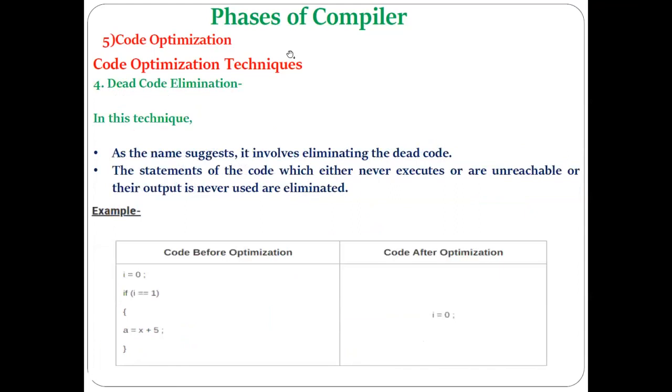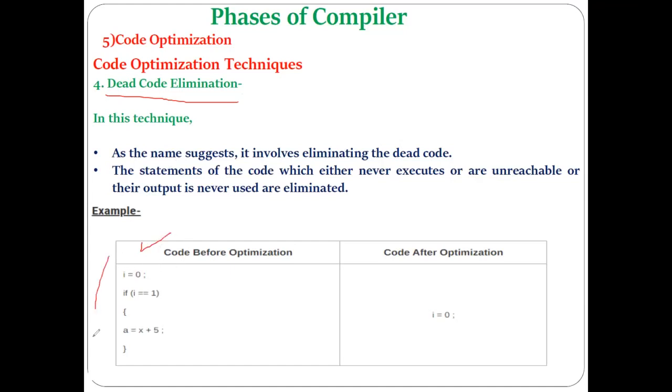The fourth important technique is dead code elimination. This is also an important optimization. Now optimization has to be done by the compiler because of some of the mistakes that might happen from the programmer in the rearrangement of the code. Okay, so let's see the example first and then we'll see the theory.